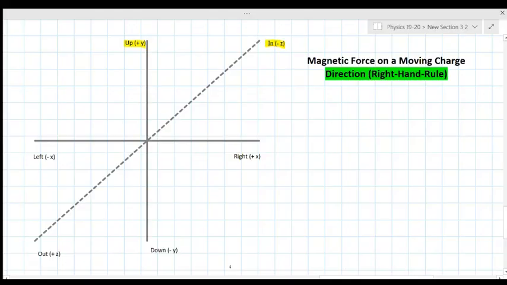Let me do some examples, as best I can, of the right-hand rule for magnetic force on a moving charge. This is how we determine the direction. Okay, so